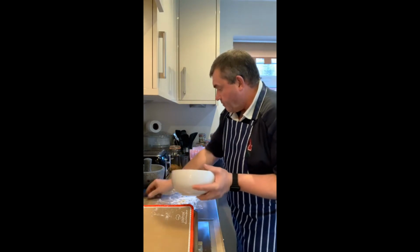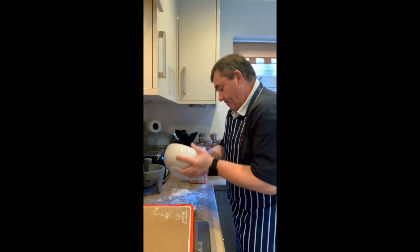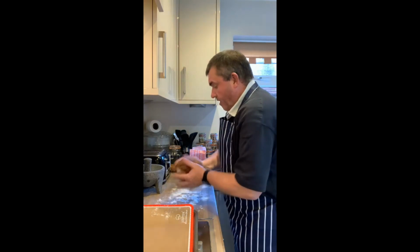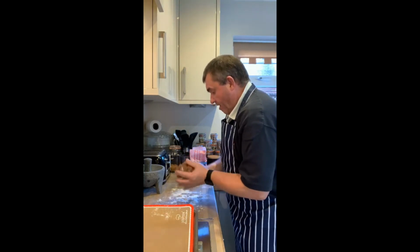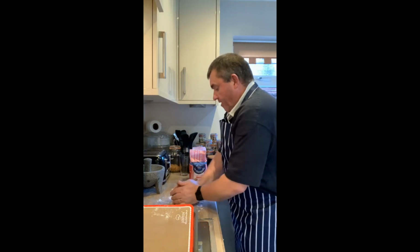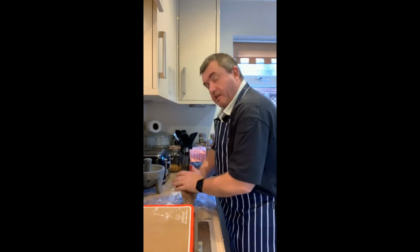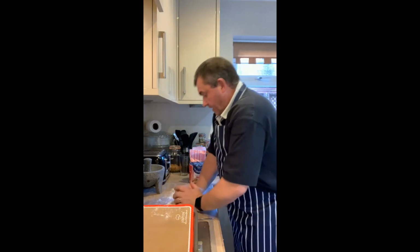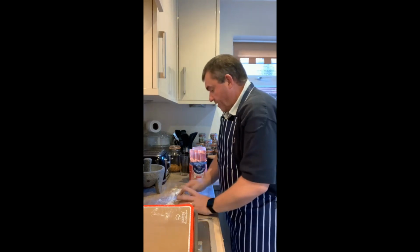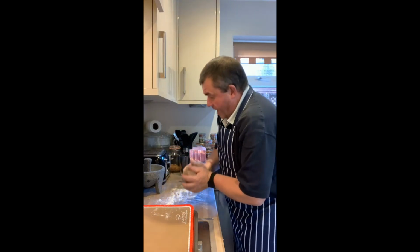So, oops, bits trying to escape. Just trying to get all the bits out of the bowl. Just about done it, I think. So, just going to make sure it's nicely kneaded. Okay, it's not quite the same as making bread. We haven't got to knead it quite to that extent. Okay, and then when we are happy with that,